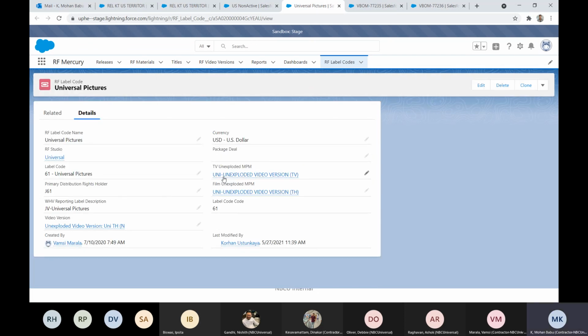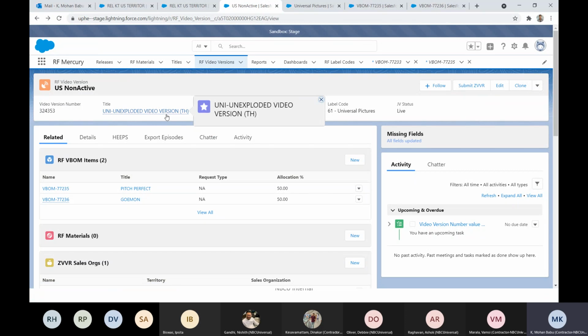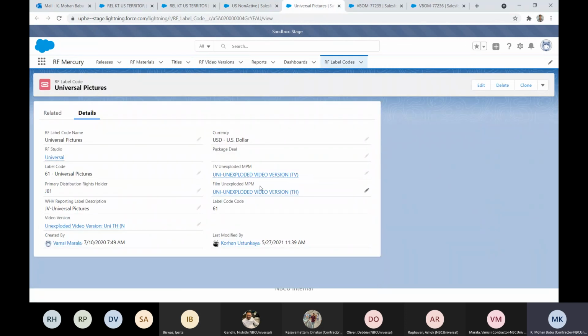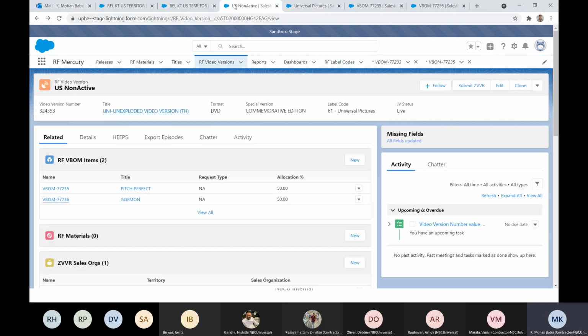And from this Universal Pictures label code, we have the titles: Uni Unexploded Video Version TV, Uni Unexploded Video Version TH. Here you can see the Uni Unexploded Video Version TH is getting derived. TH means theatrical, this is TV.